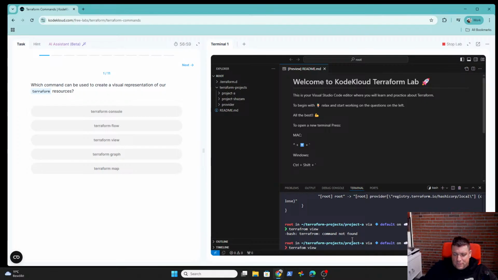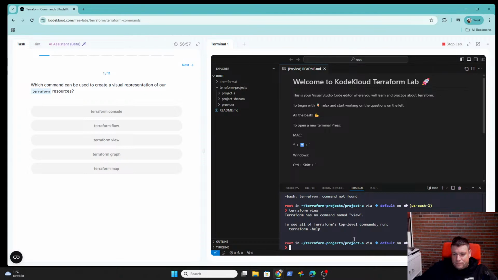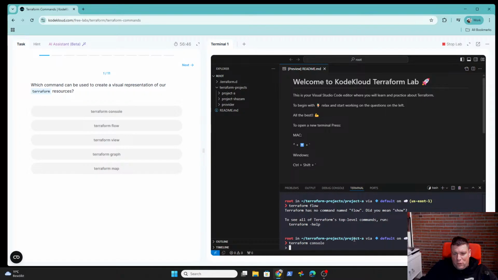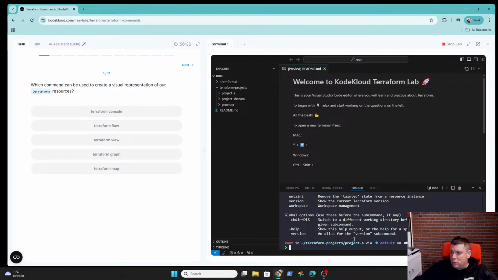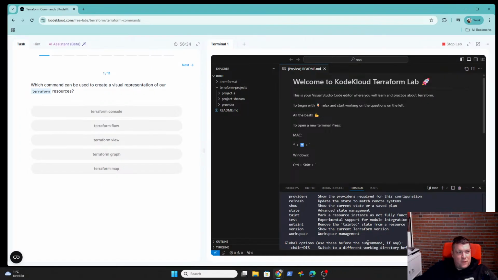Terraform view also does not exist, flow does not exist. So it might only be graph. But let's check terraform help. This was one minus or two minus.